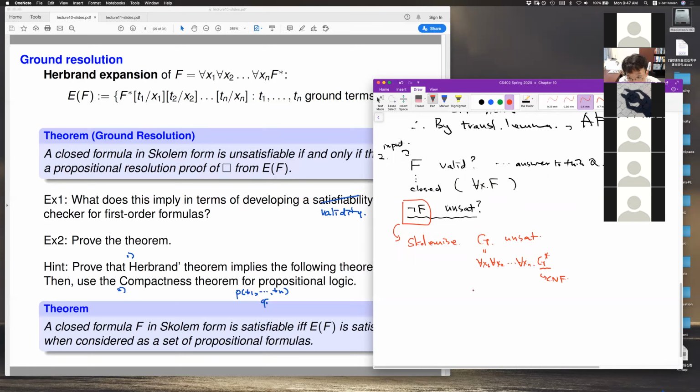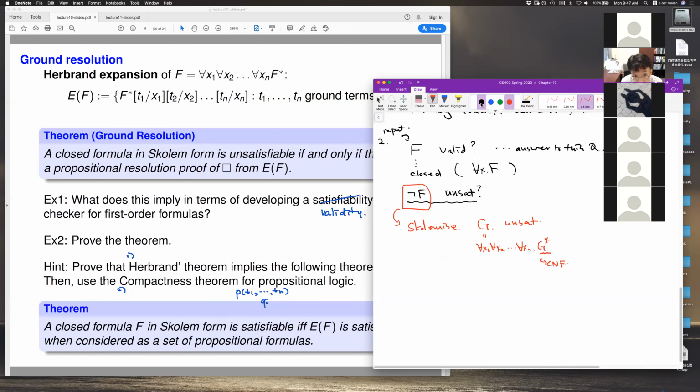And then once you do this, we can apply this theorem. The theorem says that to check G is unsatisfiable, all we need to do is check the Herbrand expansion of G,